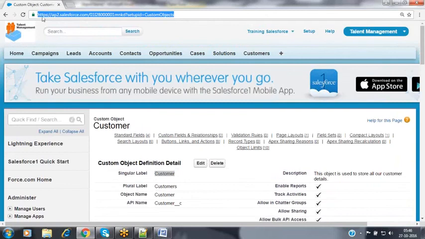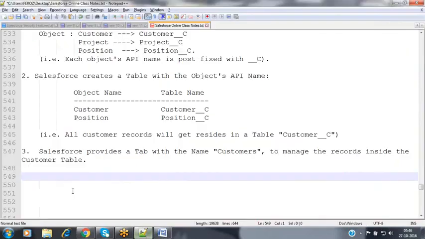So for my custom object, what is the ID that has been allocated by Salesforce to us? When you go to that URL, in that URL you will have the address where that custom object is available. As soon as you go to that URL, you will see the first three characters 01I. This indicates the ID of that object. This is the schema ID given by Salesforce to you.